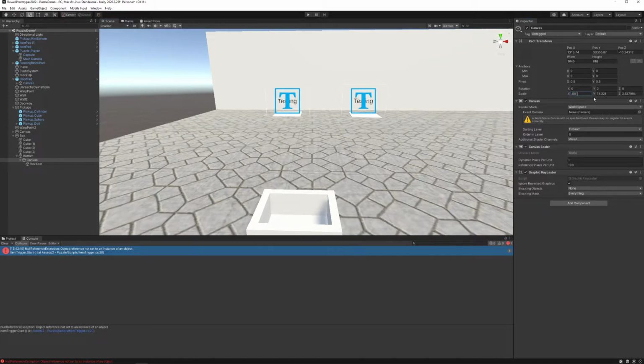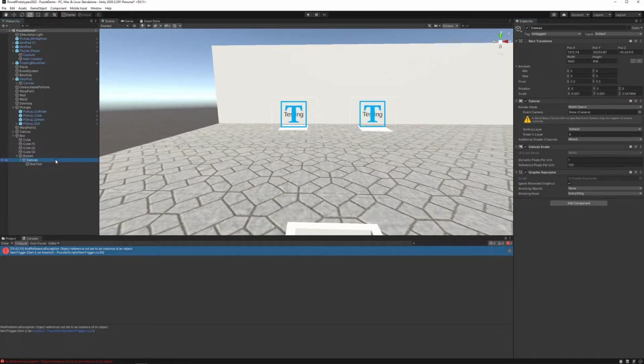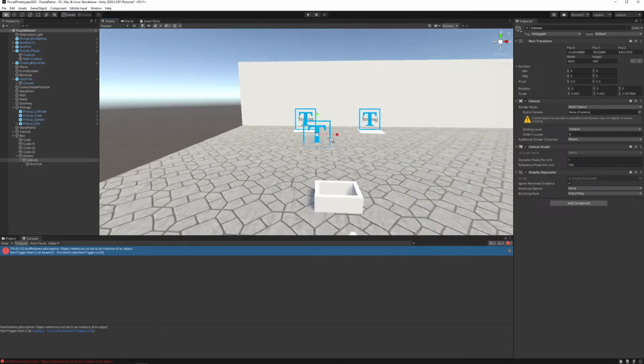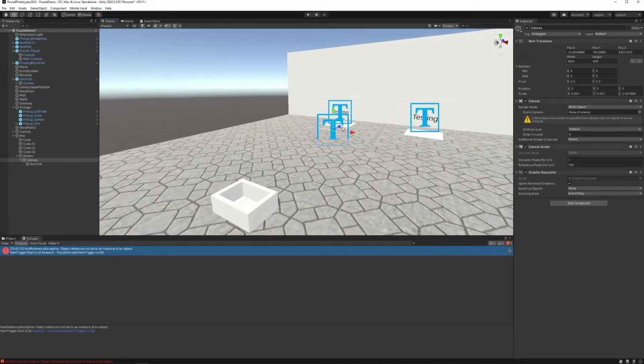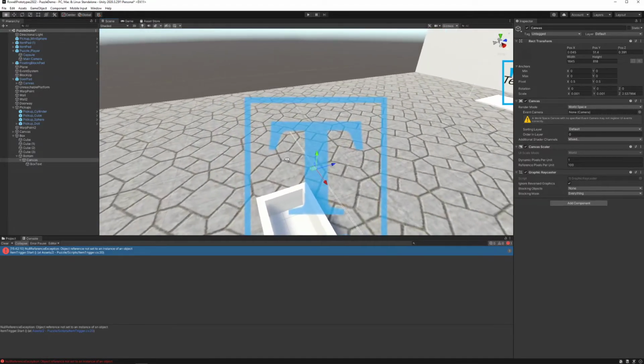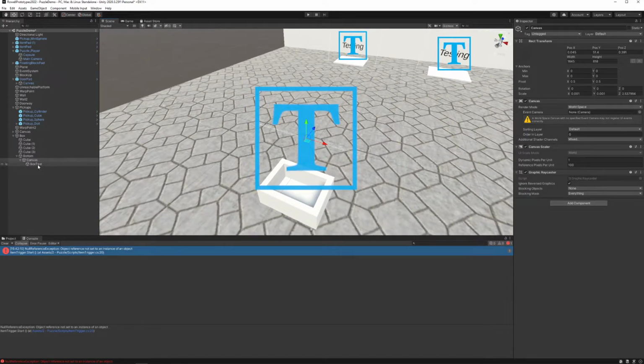I usually find 0.001 and 0.001 for X and Y is a great size. And finally, with the canvas selected, I'm going to go Game Object, Move to View. And now this has been moved really close to where I want it. All that's left to do is maybe just adjust it over here a little bit until it's kind of above the box. And to see exactly what the text would look like, I'm going to choose the box text object